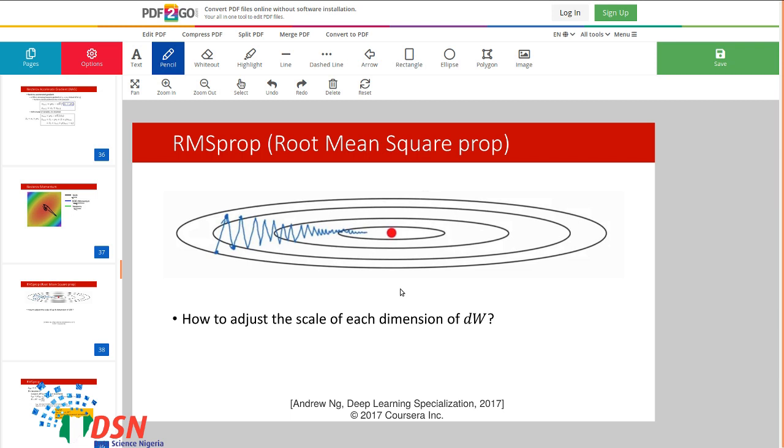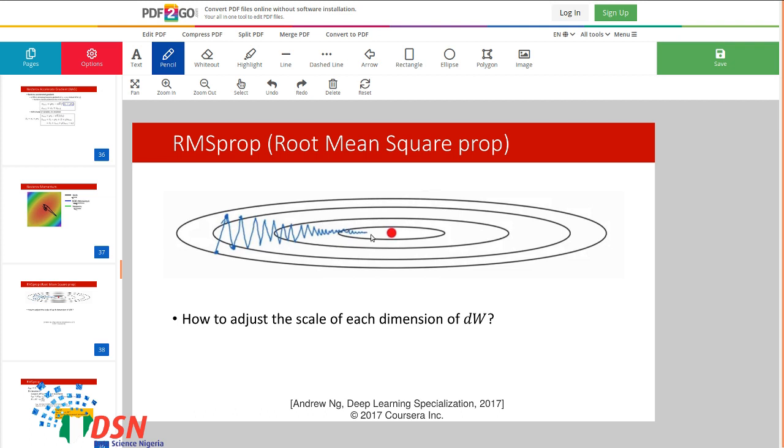Another method to do the optimization is RMS prop, or root mean square. It is specifically designed to solve the poor conditioning problem. So let's see,